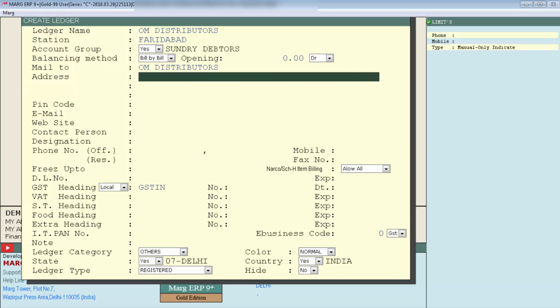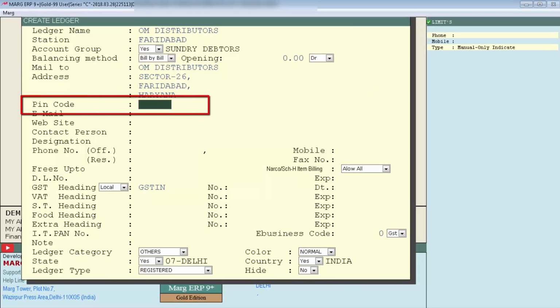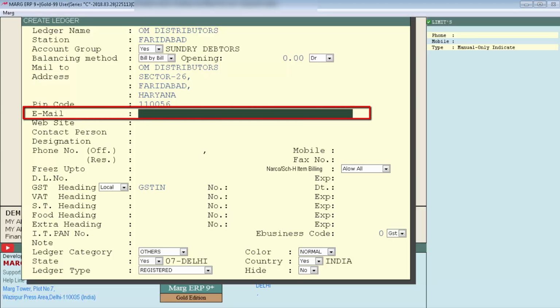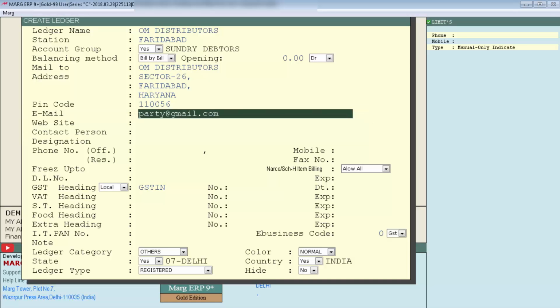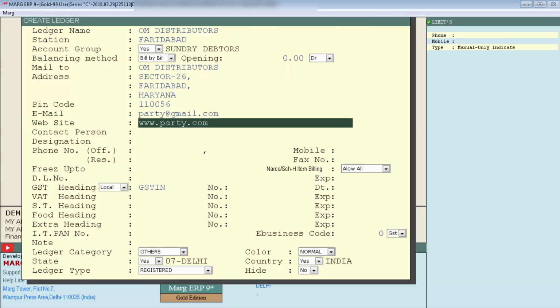Next is address. Here we will mention the address of the customer. Then we will mention the PIN code of the area to which your customer belongs. Then we will press enter. After that, we will enter the email address of the party, then press enter. Then the field is website. If the party has created any website, you will mention the address of that website here. Press enter.